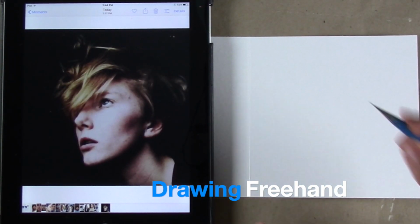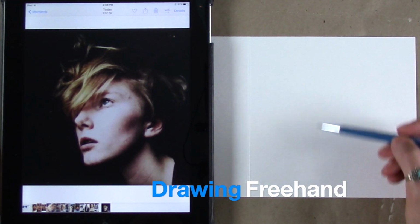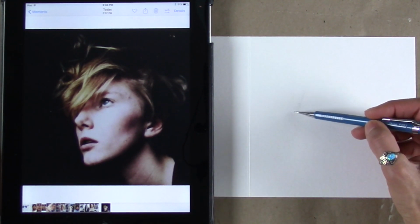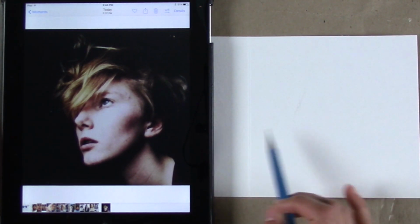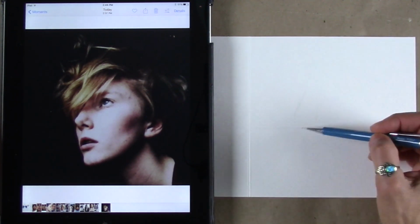When I'm drawing in my sketchbook or my journal, I'm normally drawing it for me. I'm not doing something that I'm planning on giving away as a gift or framing and putting on display. So I like to jump right in and do things that are fun and easy and freehand. Now, portraits can be a little tricky, especially if you're trying to get the likeness of the person that you're